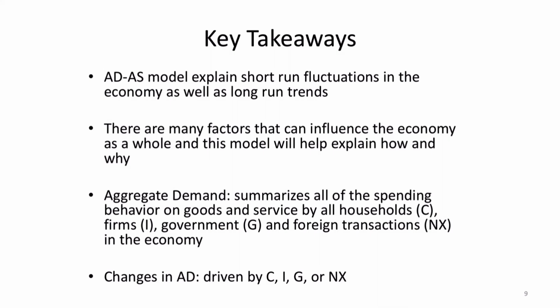So what have we learned so far in this module? Well, we know that the aggregate demand and aggregate supply model are going to give us a reflection of what's happening in the economy. They're going to help us explain exactly why we have short-run fluctuations and long-run economic growth. Here we've talked about specifically aggregate demand, and we know that this is showing the demand for all goods and services in the economy from all of the households, firms, the government, and foreigners in the economy. And we know that changes in the aggregate demand are going to come specifically from changes in one of the four components in our output